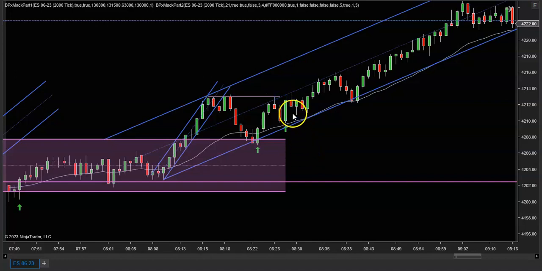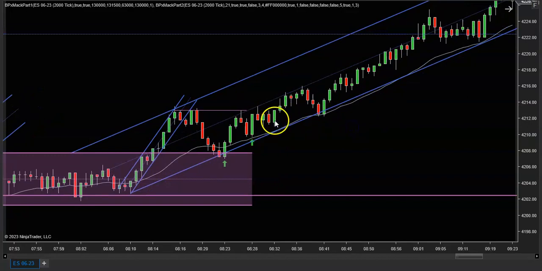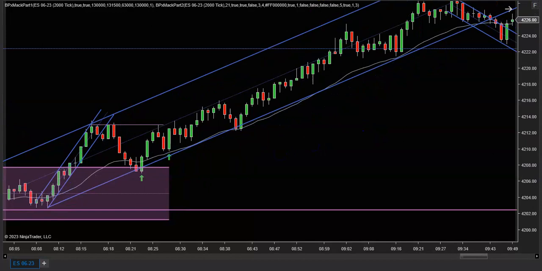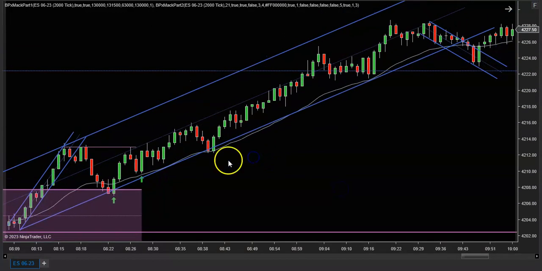So I entered on a limit order, and I like that better. Goes sideways before it starts to push higher. And yeah, I don't think you can take this one. That's just the first entry. But then